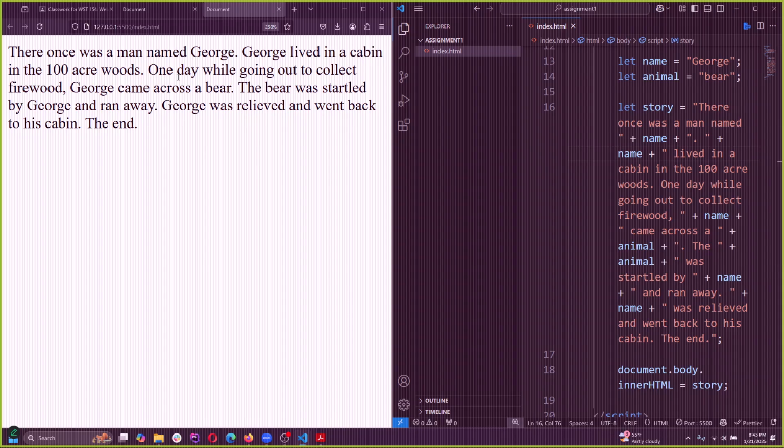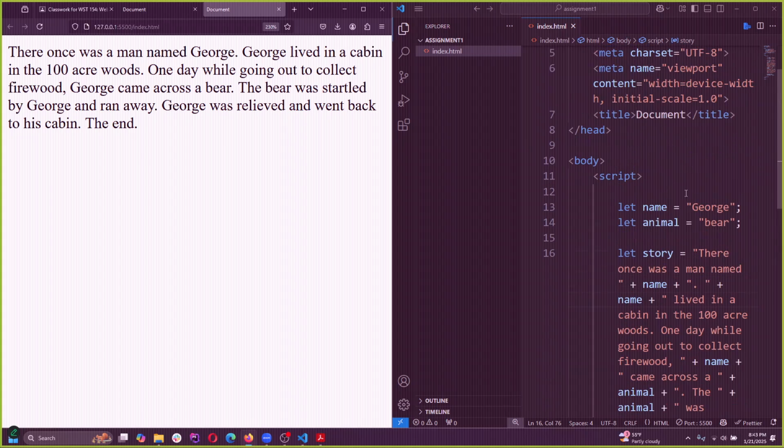Cabin in the 100-acre woods. One day while going to collect firewood, George came across a bear. The bear was startled by George and ran away. George was relieved and went back to his cabin. The end. So what's cool about this is we could say, instead of let name equal George, we could say